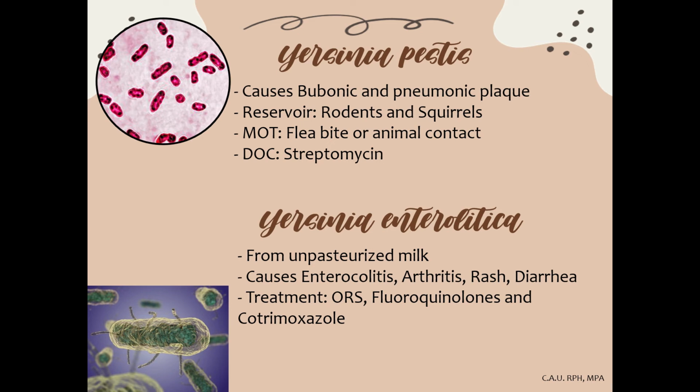The first wave was called again the Black Death in Europe, from the year 1347 to 1351. The second wave, in the 1500s, saw the emergence of a new virulent strain of the disease. The last pandemic, at the end of the 1800s, spread across Asia and at last gave scientific medicine the opportunity to identify the cause of the disease and its means of transmission. Pestis treatment is streptomycin, while treatment for enterocolitica is ORS, or oral rehydrating salts, fluoroquinolones, and